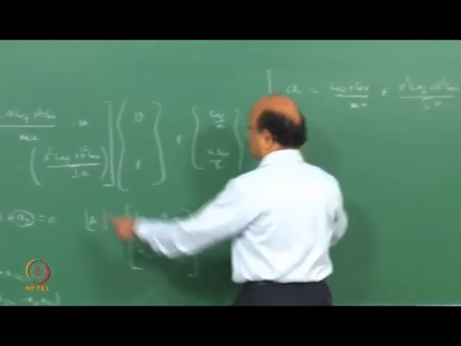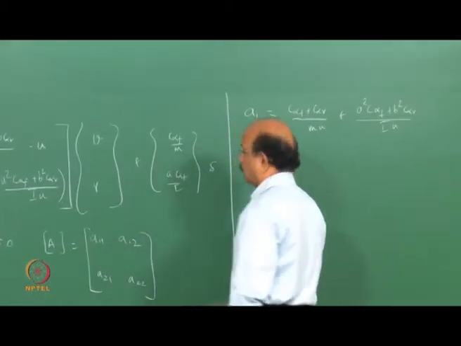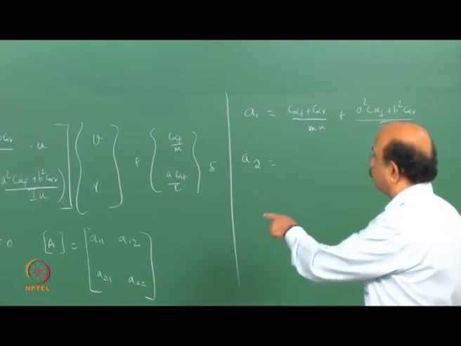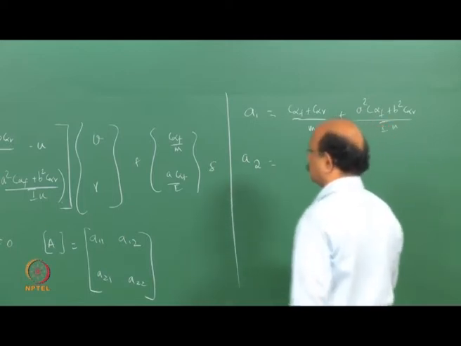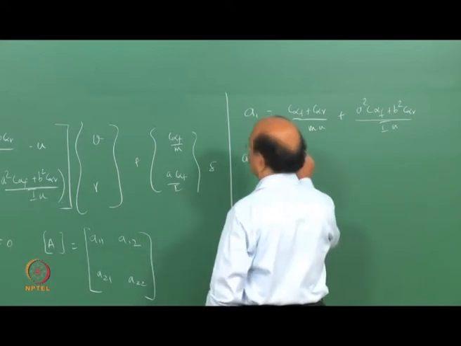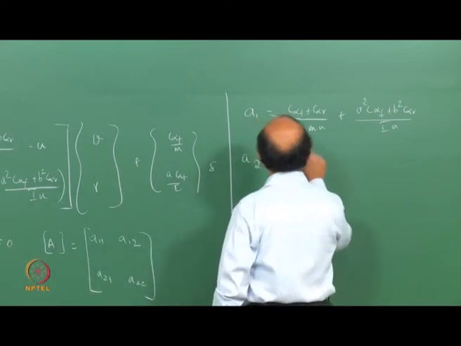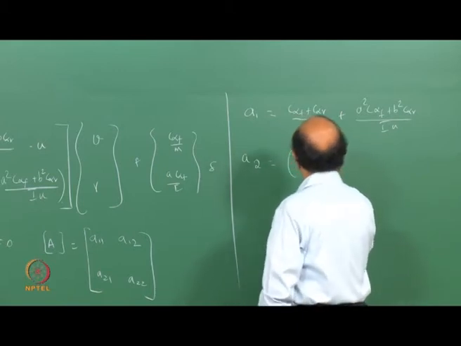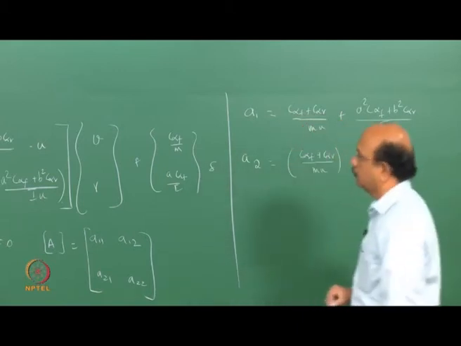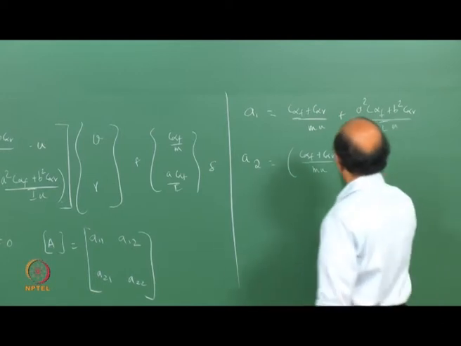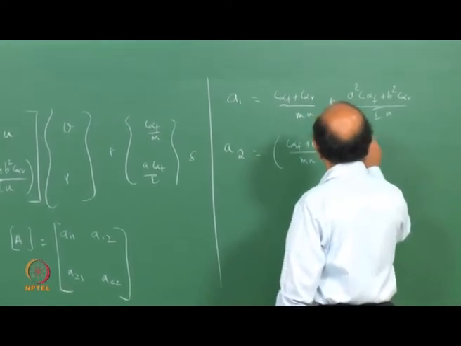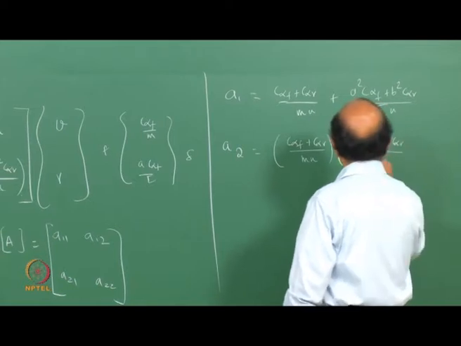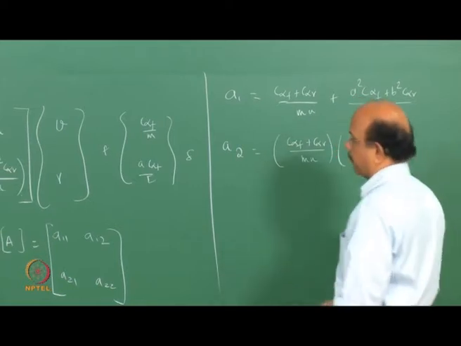Let's look at the second term, A2, or the third term rather. So A11 into A22, minus and minus, so that becomes plus. So (C alpha F plus C alpha R) divided by m u, multiplied by (A squared C alpha F plus B squared C alpha R) divided by I u. That's the first term,